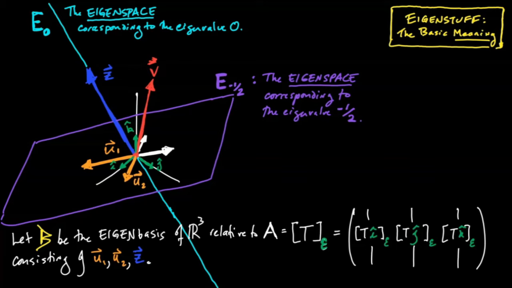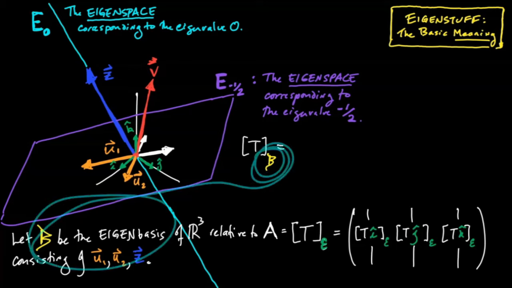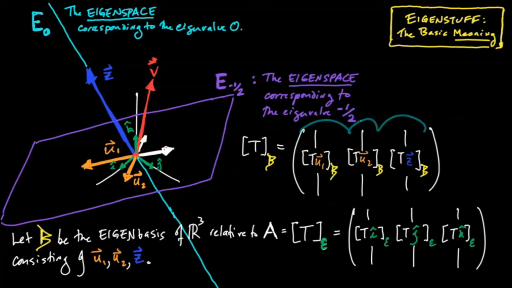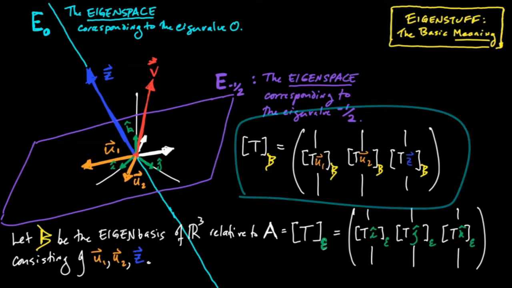But on the other hand, if we were to try to write down the matrix representation of our transformation relative to our eigenbasis, B, that is a different story altogether. That's going to be very easy, and it will look very nice, because again, we know from chapter 6 the basic form. That's going to be a 3x3 matrix whose columns are the images of the B basis vectors, our eigenbasis vectors, with their coordinates written relative to our eigenbasis. That might sound like a mouthful, but if we think about what it actually means, we'll see that this is going to be a very simple matrix.